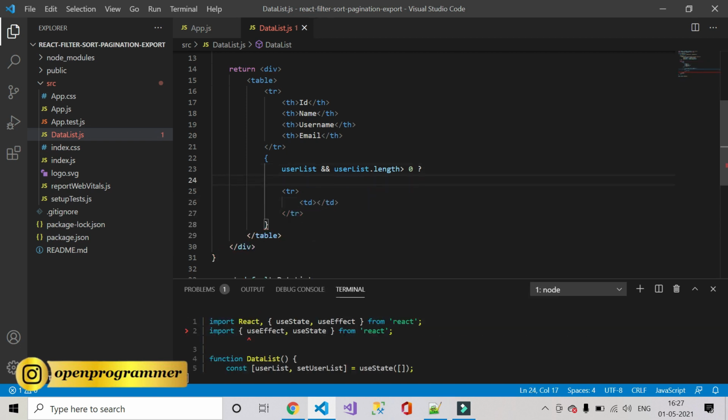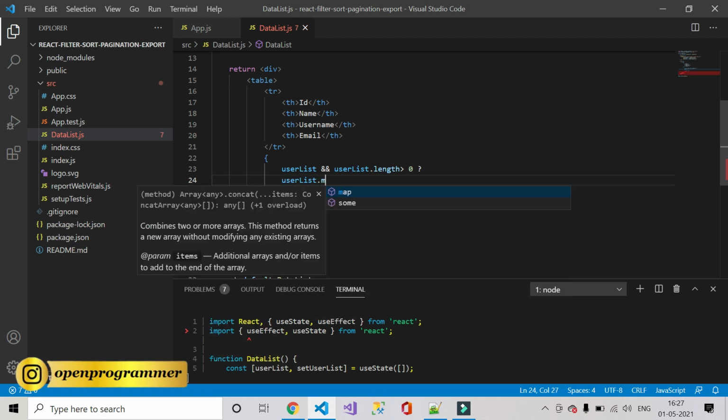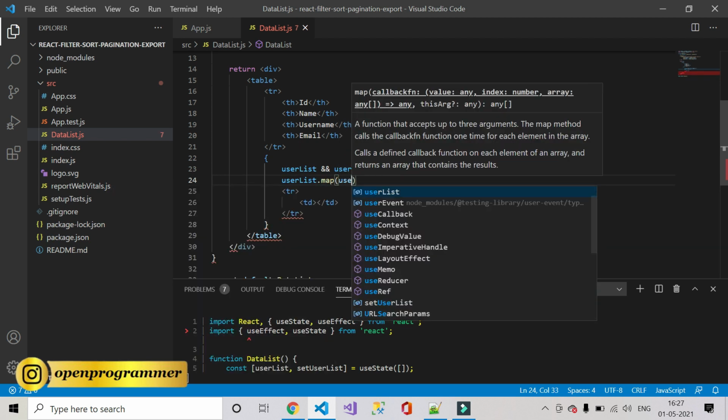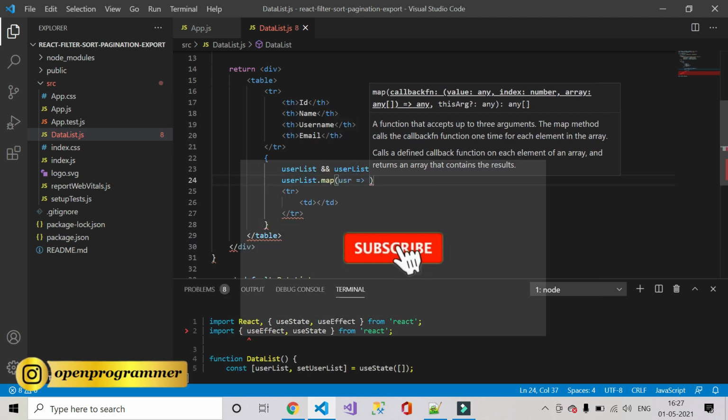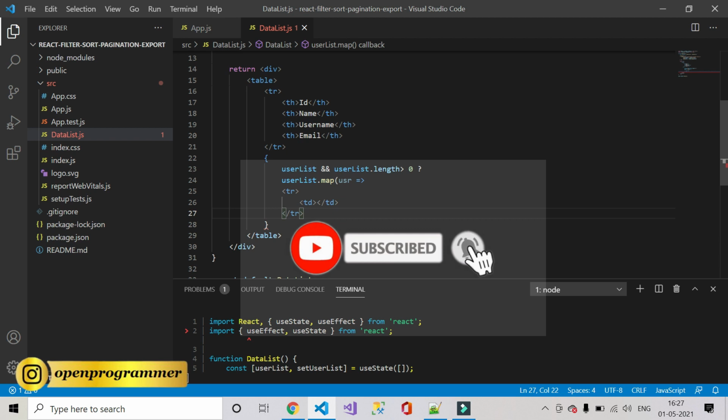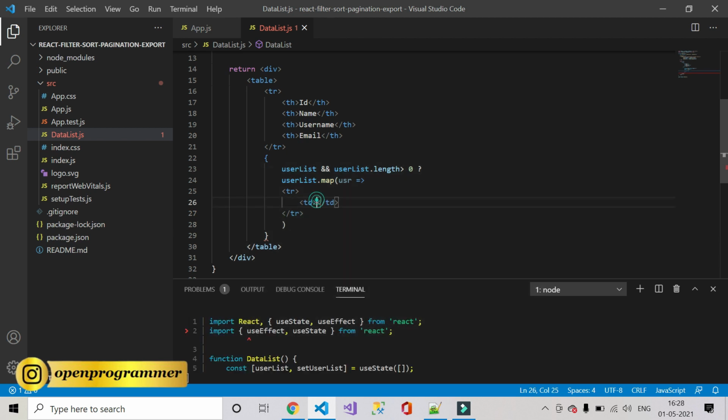But before this, userList.map, here user, delete this. Yeah. So it will return first